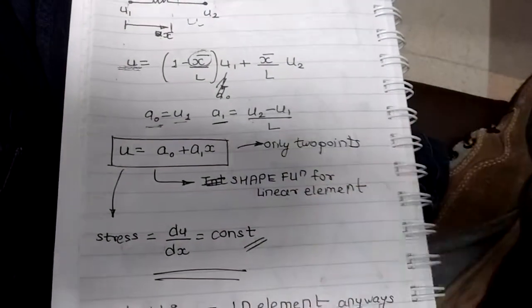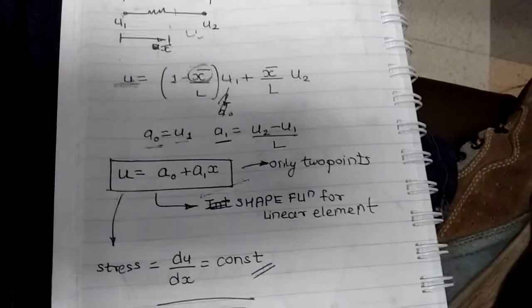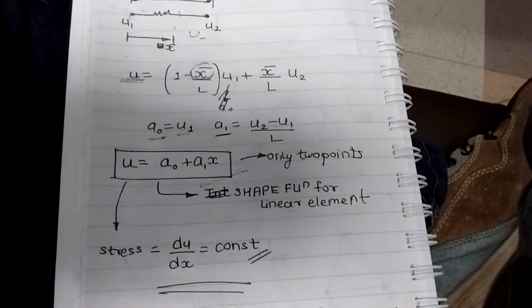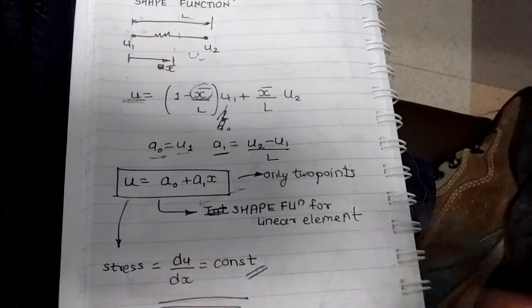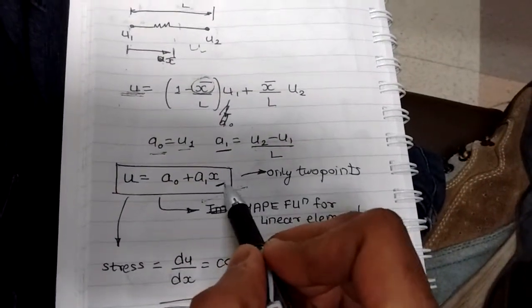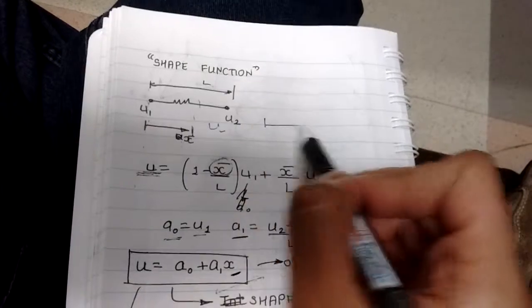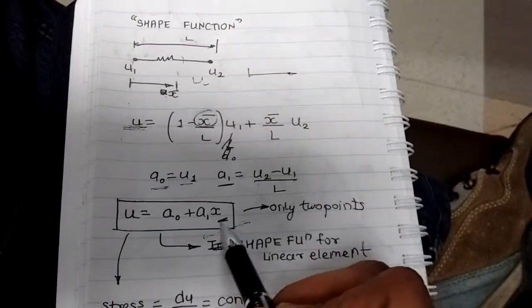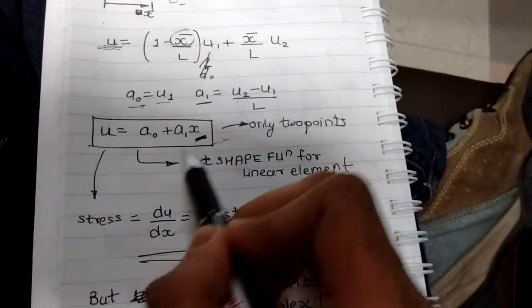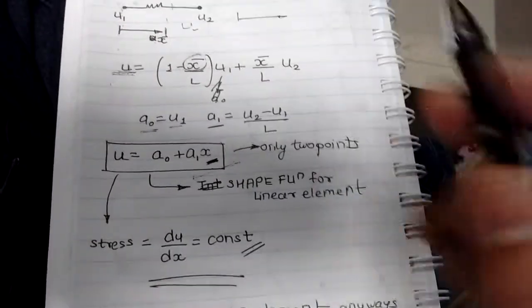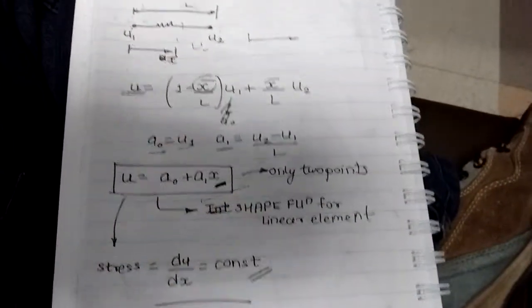This is basically a function of a line, and this function is known as shape function. So this is the concept of shape function. Each and every element has a shape function, and the number of variables depends on its degree of freedom. Like this bar can only elongate in one direction, hence its degree of freedom is 1, and there's only one variable, that is x, as a function of displacement.